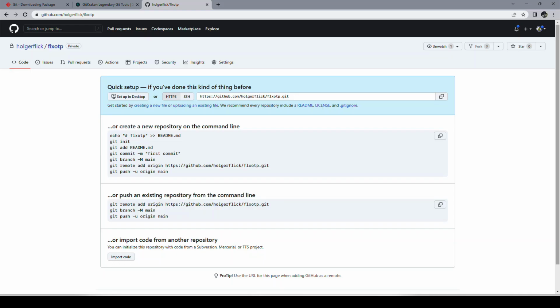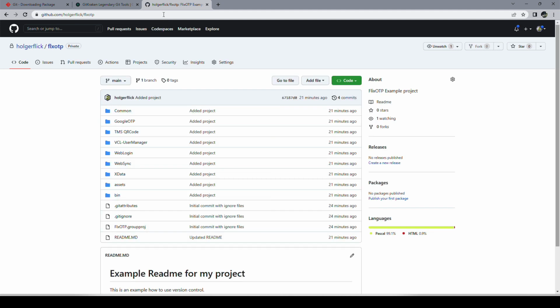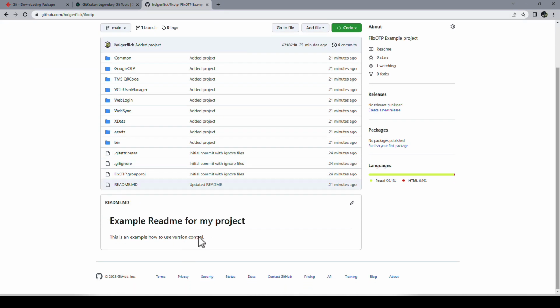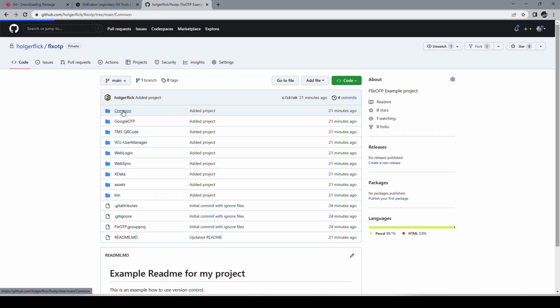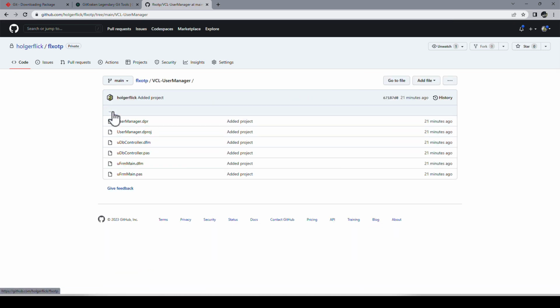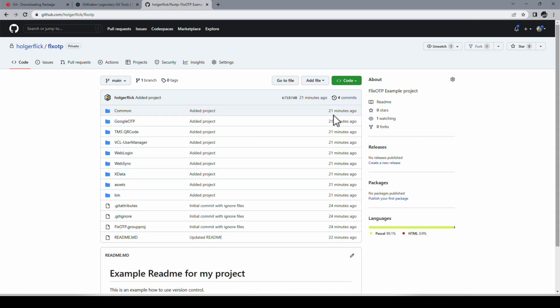And now if we go to GitHub and press enter, it's all there. And we even have a fancy README for my project right here. And you can browse your code right here. And everything is in there now. And you get, as you can see, 21 minutes ago, I've been talking for a long time. This is not when you pushed it, this is when you did the commits, because your local system is keeping track of the versioning, not the server, right? Big difference to other versioning systems.